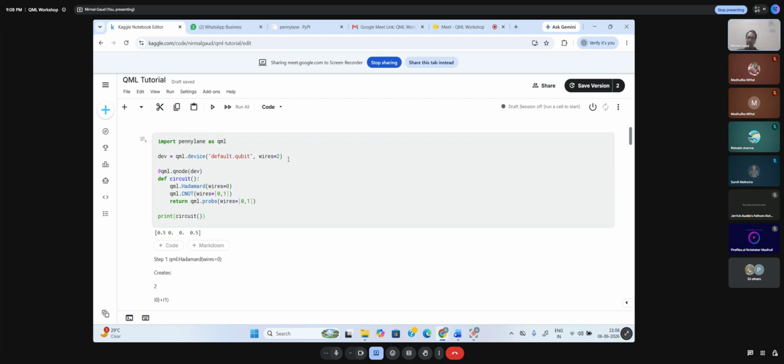Now I am again defining, taking two wires. One wire for 0, one wire for 1. So take two wires for input. Define your quantum environment. Then create a node. In this particular node, define a circuit. And you are taking Hadamard, passing 0 to Hadamard. And 0 and 1 you are passing to CNOT. This is also one of the functions. So there could be many functions for superposition. Above you have seen Hadamard, rotation. Here you are also seeing the controlled-NOT function, CNOT.